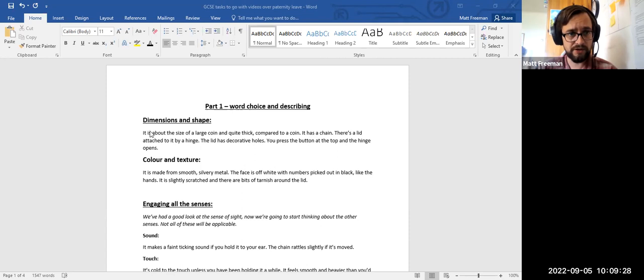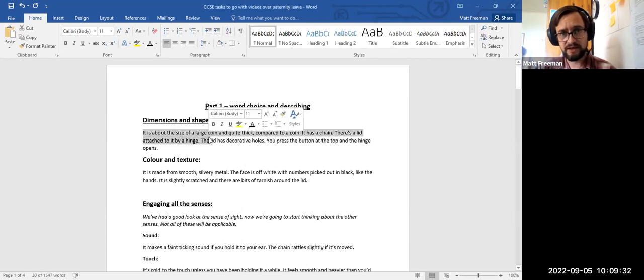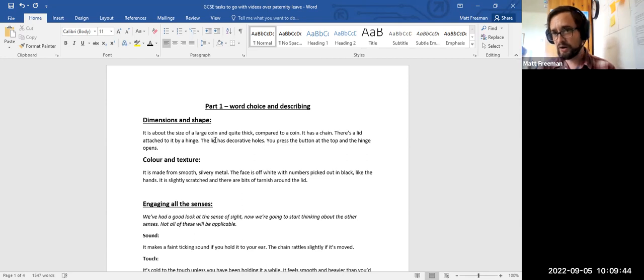This is what I've put about the dimensions and shape of this thing. I've said it's about the size of a coin, and it's quite thick compared to a coin. It's got a chain. You've got a lid attached to it by a hinge. You've got decorative holes in the lid. You press the button, it opens. So that's part of what I can see. If I just look at this, I can see the chain, the lid, and the little decorative holes in the lid,